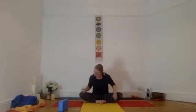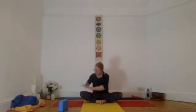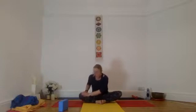I wouldn't let anybody else do this to you. Sometimes people use weights in yoga, where you can weight them down on one side or the other, but I find it gentler and more compassionate to just use both hands on one side and encourage a little bit of opening and stretching, and then move to the other side, a little bit of opening and stretching. And then eventually get to the stage, hopefully, where you can look at your toes and the tops